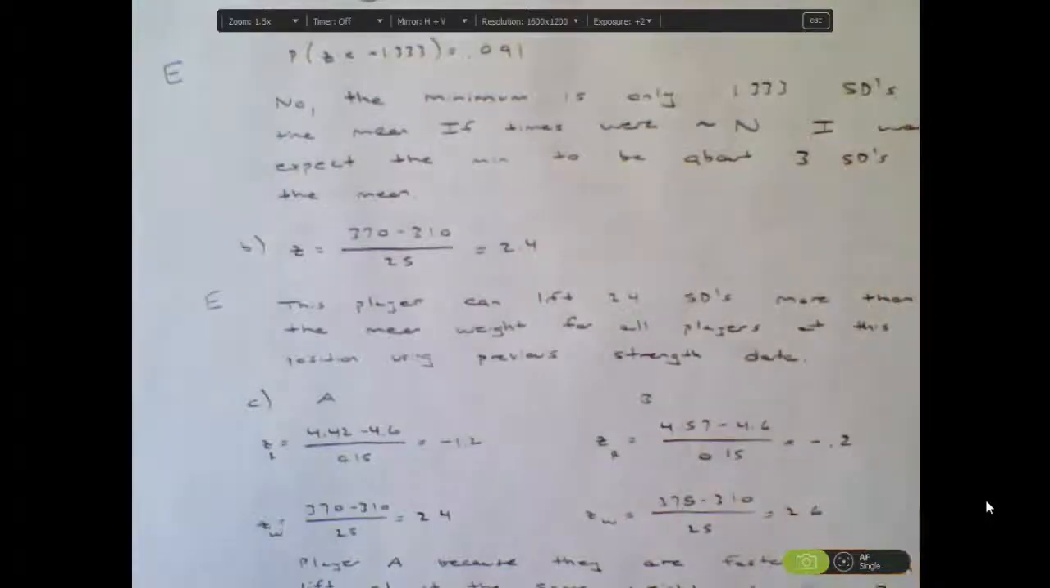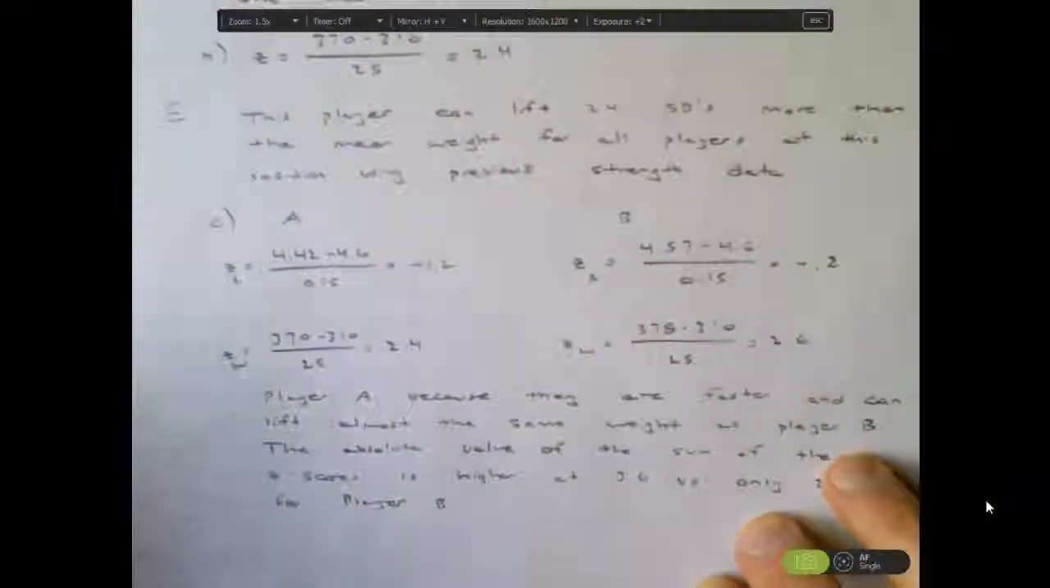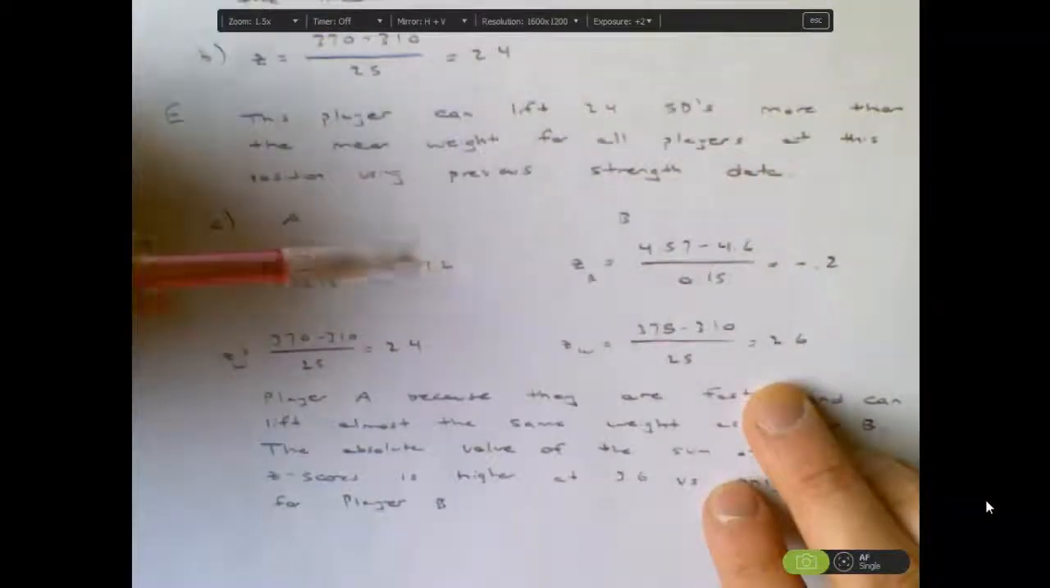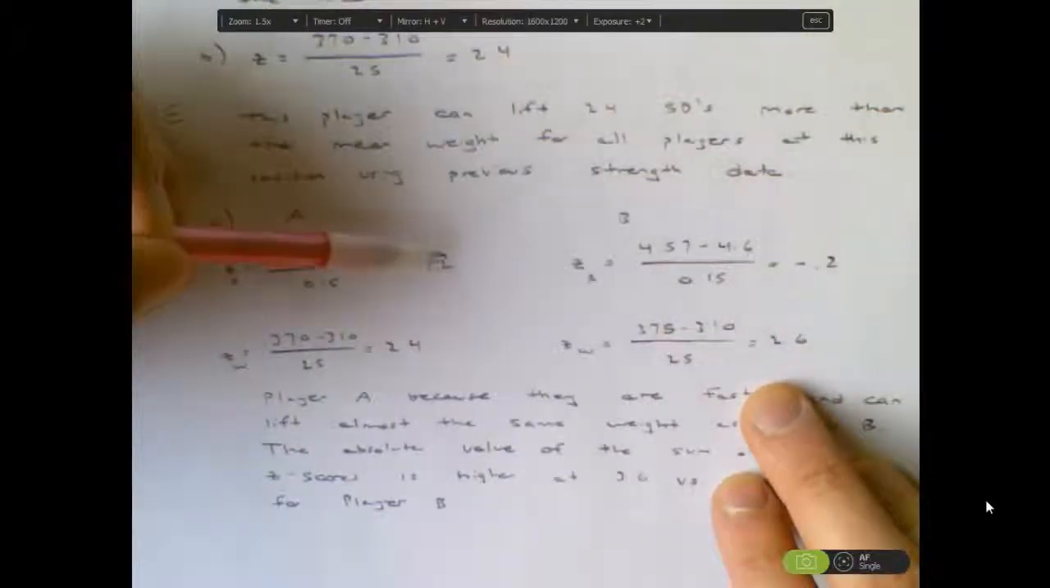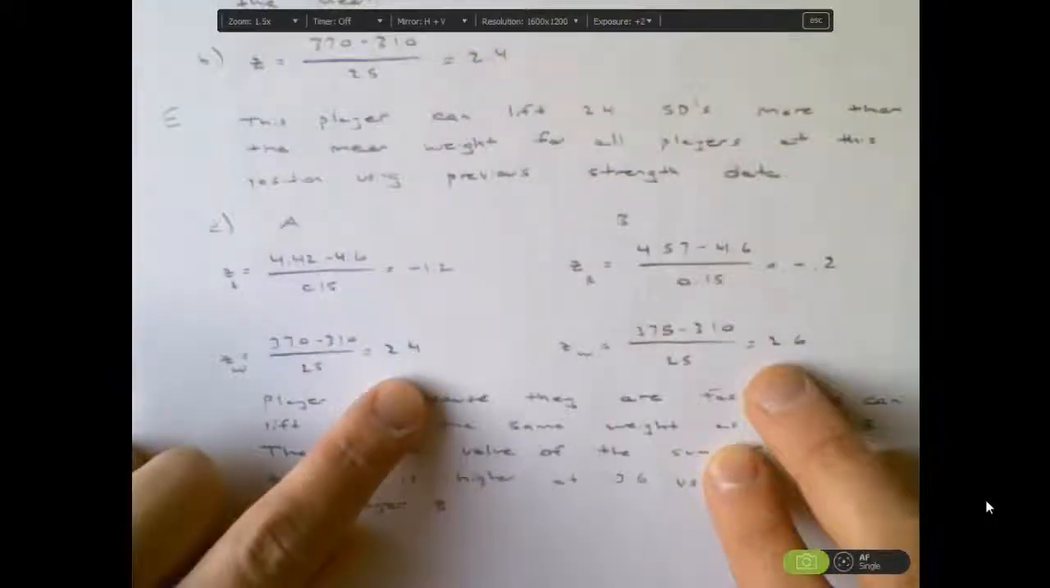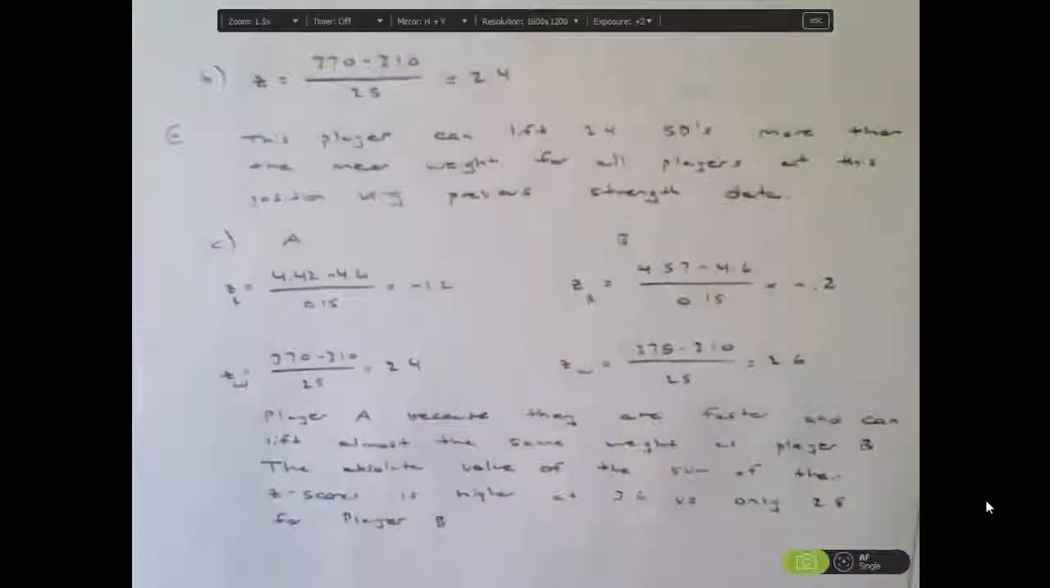In Part C, we're trying to figure out which player the team should select based on their running time and their amount that they lifted. So what I did is I calculated z-scores for their running time and the amount of weight that they lifted. Keep in mind, for running, the faster you go, the better, so you want to be below the mean. So for player A, a negative z-score of 1.2 is better than negative 0.2. For the weight lifted, you want to be above the mean, so you can see player B is a little bit better. Okay, as far as grading goes,